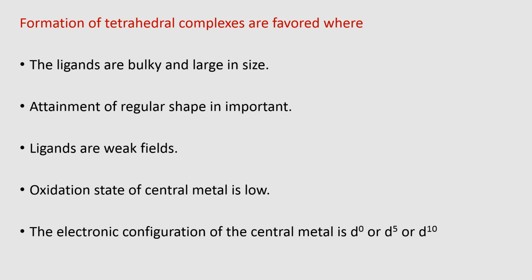And if the ligands are weak, for example in the MnCl4 2- complex, the Cl ligands are very weak, so generally it leads to a tetrahedral complex. If the oxidation state of the central metal ion is low, as in the nickel tetracarbonyl complex,